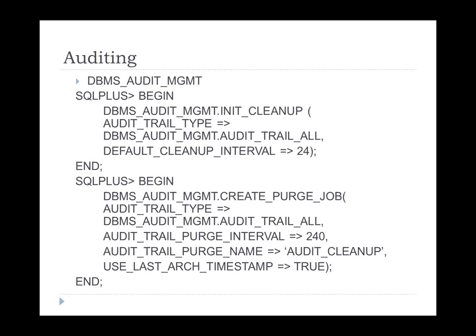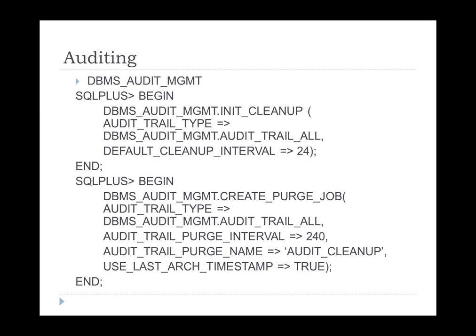So along with the moving of the audit table, you can use the DBMS_AUDIT_MGMT package to set up jobs to clean up some of the audit trail and keep different information, purge as needed, to make sure that it's a maintainable size or you're following your regulations and compliance rules. So for the cleanup, the default cleanup interval is actually an hour interval. So it's showing that you want to start up this job every 24 hours to clean up the audit trail. You can create a purge job that actually runs